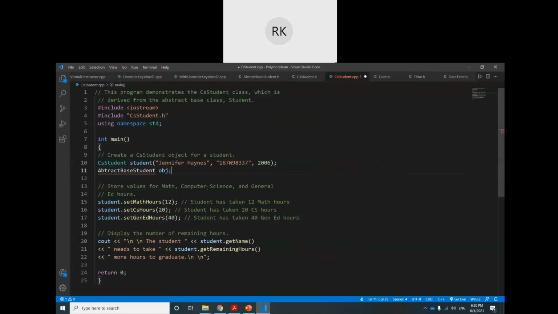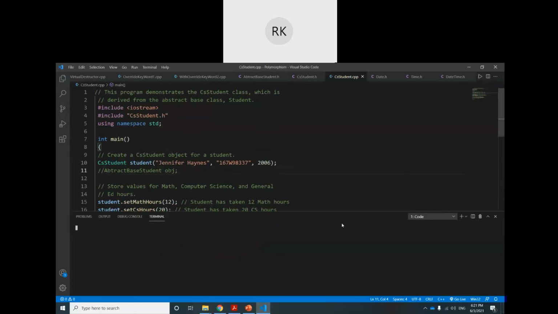So you see this error, abstract, this is undefined, meaning we cannot create an object of this class. Now this is a compile time error, the program cannot even run. So a compile time error is better than runtime errors. So comment this one out, and everything becomes okay again. Now we can run this.